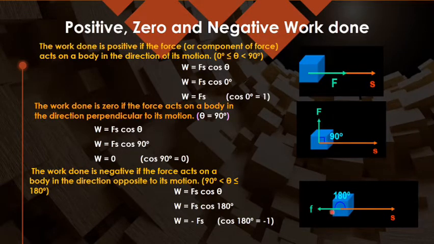For that, theta is equal to 90 degrees, or the second choice can be that you are applying the force and the body is not moving. It means displacement is 0. Like if you start pushing a wall and it is not moving, though you are applying the force, then also the work done will be 0. So in two cases work done can be 0. One, theta is 90. Second, when there is no displacement on the application of force, then also you will say work done is 0.